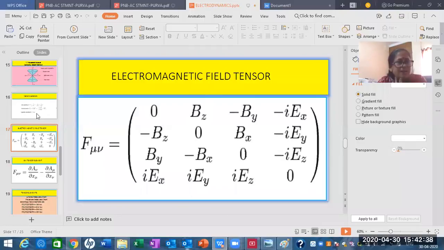So these are the 4 vector formalism of the potential. The potential in Minkowski space, this is the value. In Cartesian space, this is the value. Then you can write the 4 vector here. Similarly, the current density vector, sometimes also called the current vector. So the current vector is a 4 vector. It is written in this way. You can see.